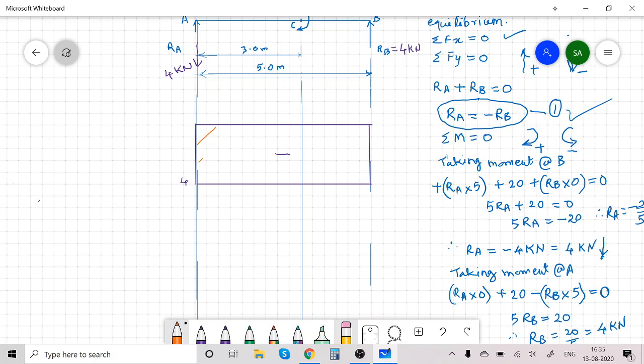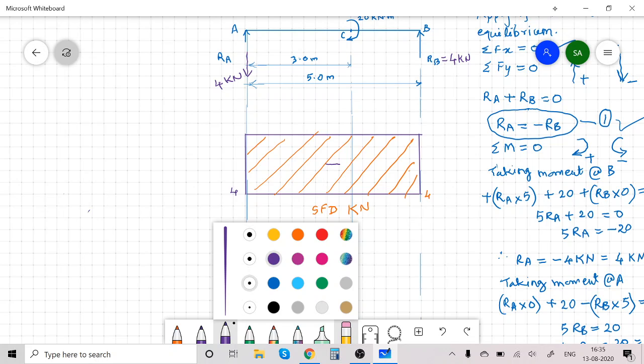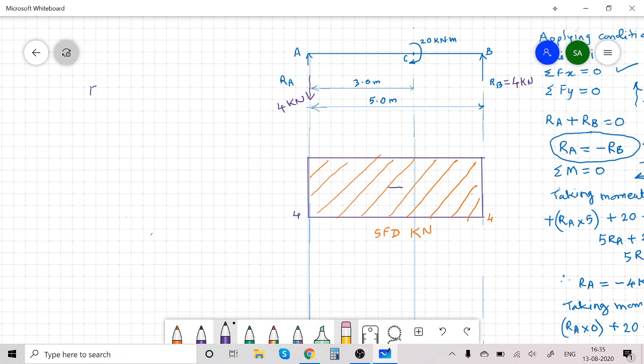Let us do some shading work. Then give name to this diagram, SFD. The unit is kilonewton. Also 4 here. Now after drawing the shear force diagram, let us calculate bending moment at each point. So for bending moment diagram and bending moment calculation,